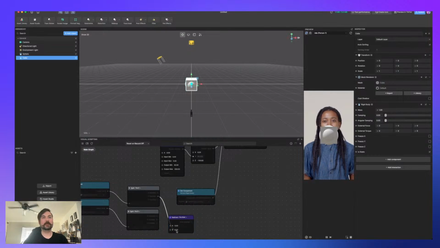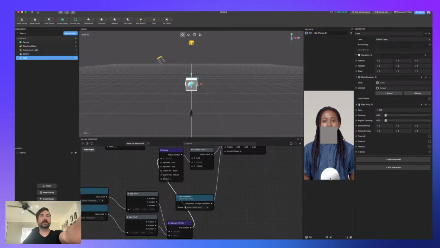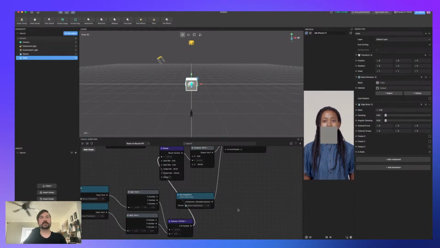So Y here and here. And then this will be our input for our remap. So what is the farthest? When it's at the bottom of the screen, I can see it's going to be -22. And since it's negative, I think I want to swap these. And I'm going to clamp this value in case somebody finds out how to make it more than 22. So yeah, 0 and 22.